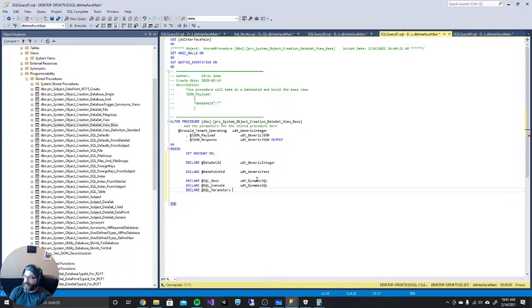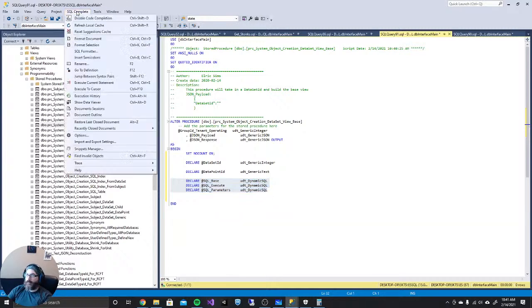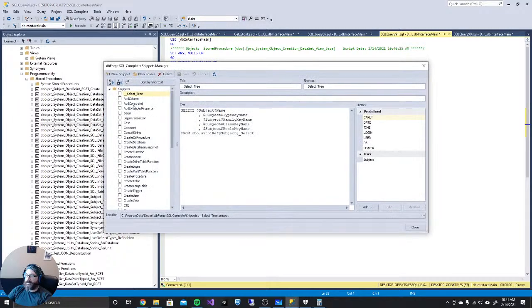Dynamic parameters. I think one of the things, because my hard drive crashed, I lost some snippets because I saved it. I probably have a link in my description